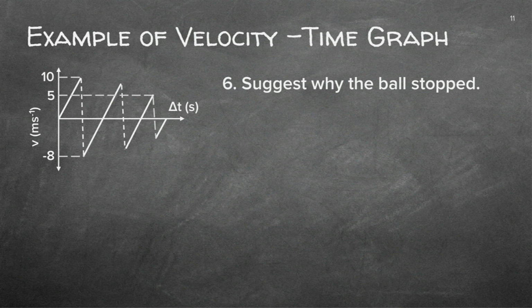So that would be the calculation to calculate the impulse. The final question, suggest why the ball stopped. Now, if you have a look, you'll see that's the last point on your graph, and that's exactly at a velocity of 0. My gut feeling would be somebody caught the ball, it stopped there, it's really at no velocity, so it really stopped at that point with a velocity of 0. So I would say somebody caught the ball.